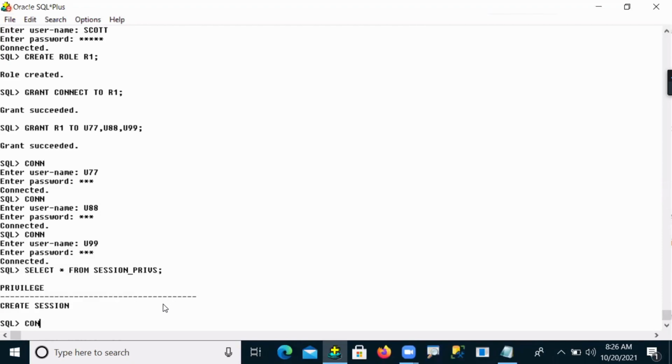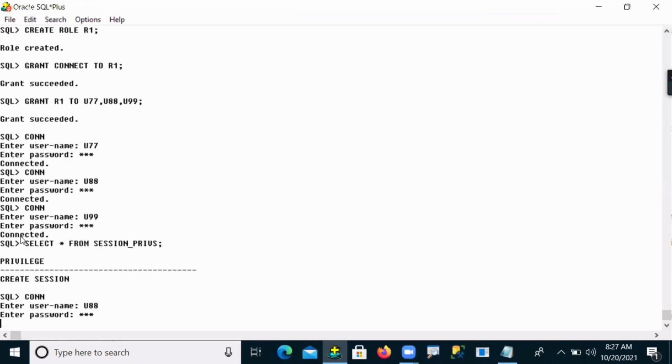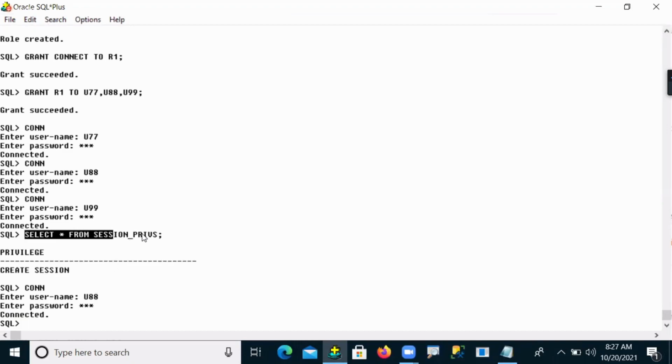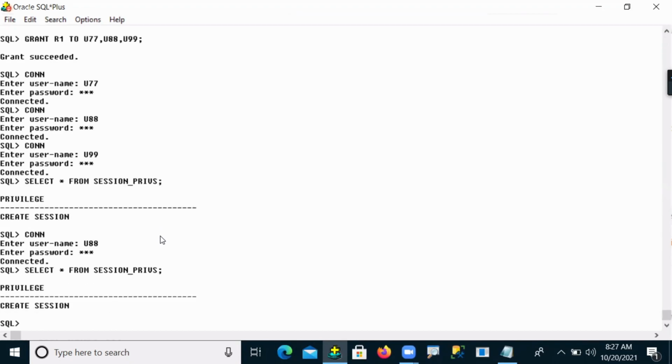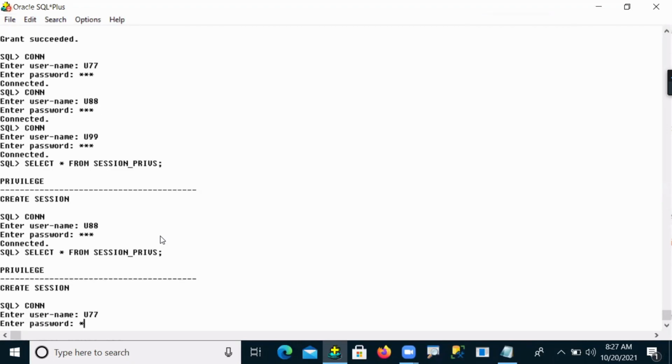In the same pattern, if I go for user 88, how many system privileges does he have? Let me check. He also has create session, that means connectivity permission only. The next user is user 77.